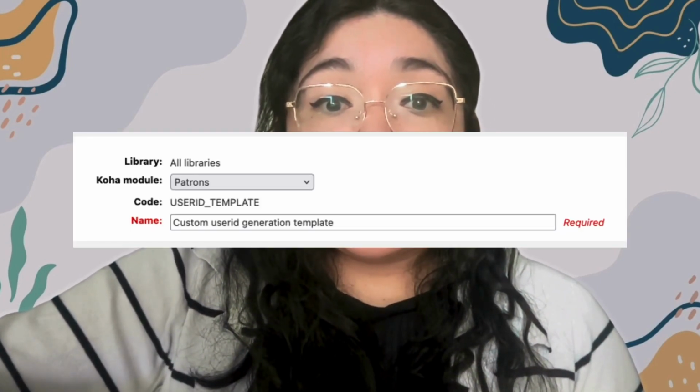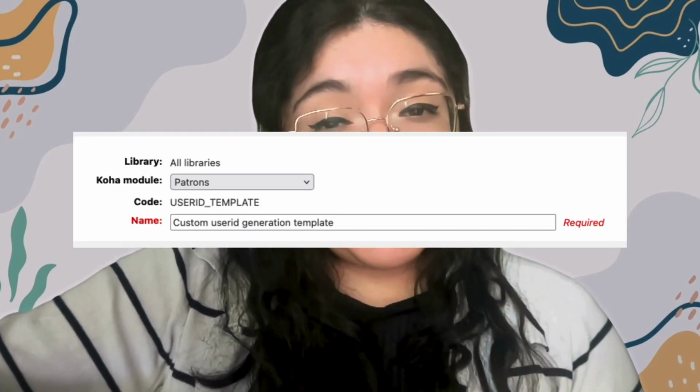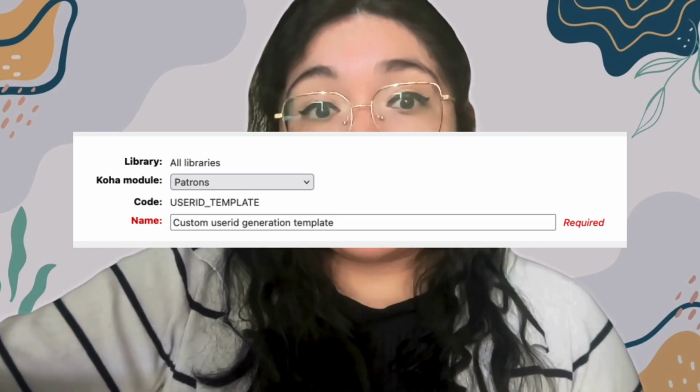It hooks into Koha's username generation and lets you fully customize the format using Template Toolkit. When a new patron is created, whether in Koha or via Aspen, the plugin uses a new notice called UserID underscore template. So UserID template. It passes it a patron object, but from the form data, so you can define exactly how the username should